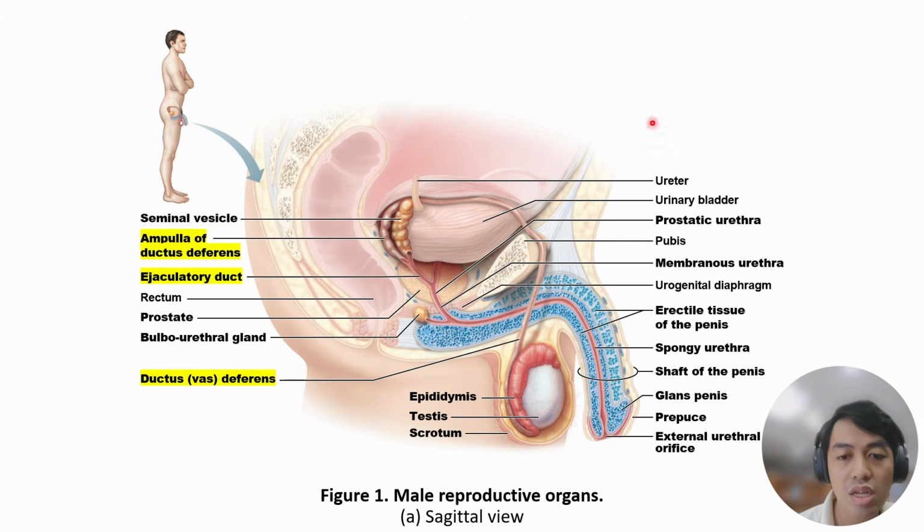In this sagittal view, you can see here the ductal system from the epididymis to the vas deferens that courses through the pelvis, running adjacent to the urinary bladder and emptying its content to the urethra. You can see here as well that the accessory organs such as your seminal vesicles, your prostate, and your bulbourethral gland empty their contents near the opening of the vas deferens.